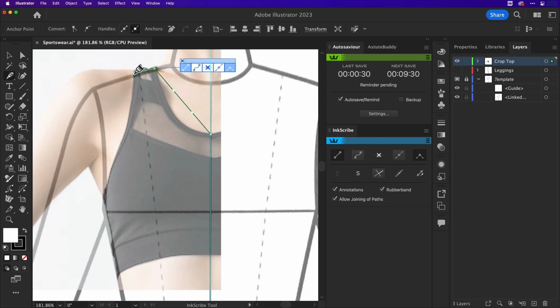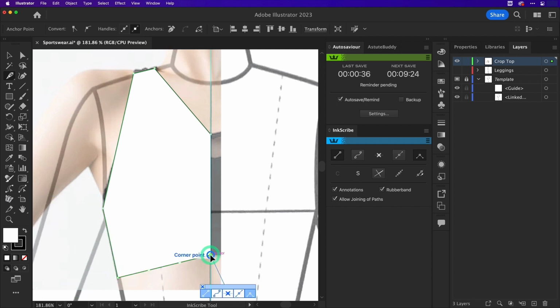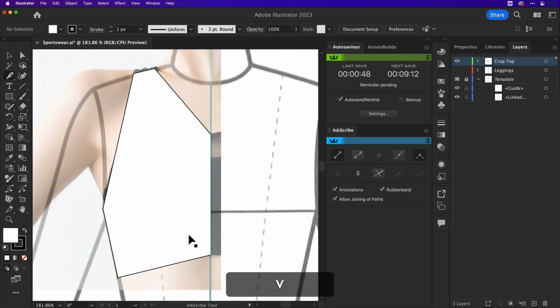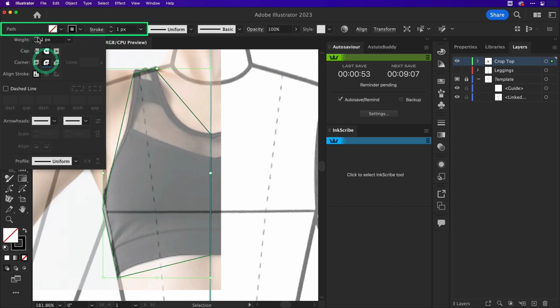With Inkscribe, I'm not going to click and drag to make a smooth point, though it has the option to do that like the pen tool. I prefer to just plot out my points to start with. Each time I make a new point, the annotation window follows, and you can customise what quick keys or options are shown in this preferences by using the flyout menu. You can also press the close button to hide it, but I'm going to leave it open while I work. Now I'll just hide the fill colour and adjust the stroke weight and corner types of this path.